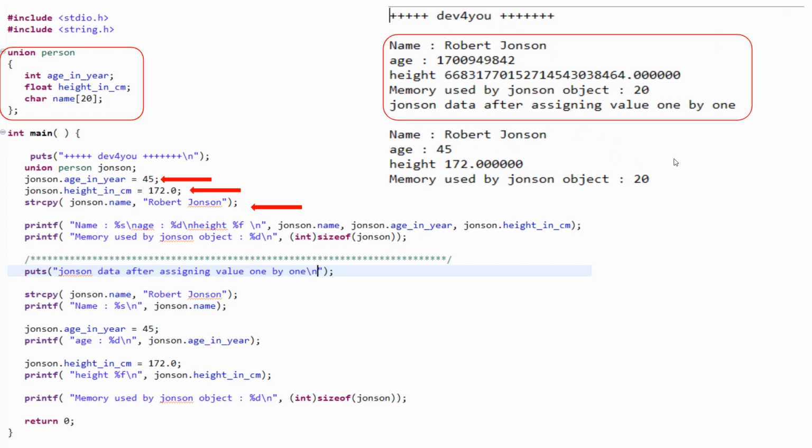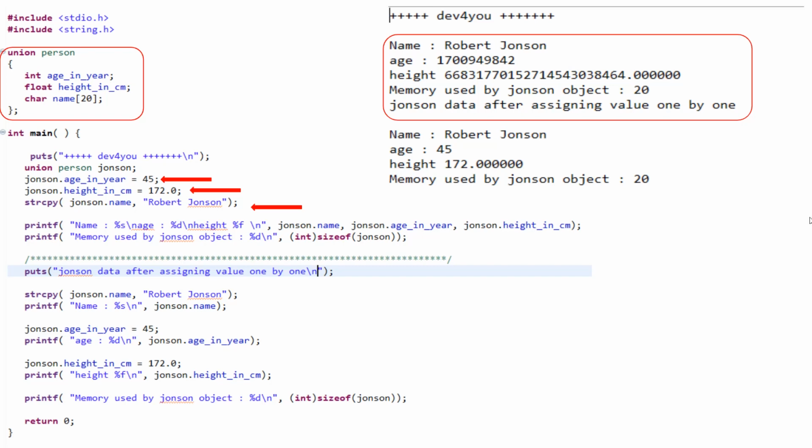And here you can see that only the name is correctly written, and age and height have very strange values. This is because the memory assigned to this union is equal to 20 bytes. So you can see that this has only 20 bytes, and it stores the name correctly, and the other two data types are overwritten by this name.